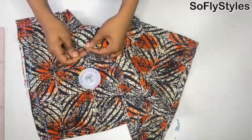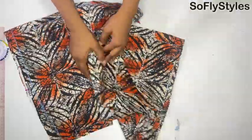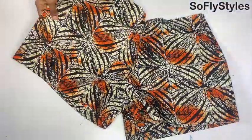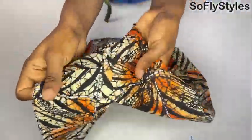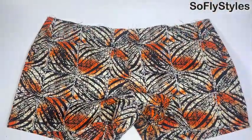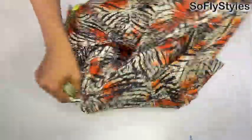So if you did maybe half of an inch, do your own with half of an inch. Okay, so I'm just going to head over to the machine to sew this down. So look at it now. I have sewn everything down neatly. I don't know if you can see what is going on at the crotch area here. As you can see, my pant is coming together gradually, and I've even ironed it,